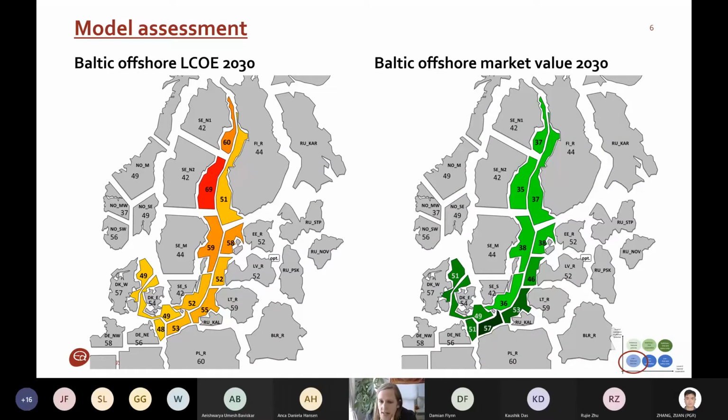And here on the right side, we have the offshore market value, again in 2030 for the same scenario. And here we see the opposite picture. I should just say that this is not the average electricity price. This is the price that offshore wind sees, so the market value for offshore wind. And here we see higher values in the south, and then quite a lot lower values here up north. The reason is that here in the north, around North Sweden and Finland, the model found alternative RE resources actually more cost efficient, namely onshore. So the market value for offshore is quite low compared to the value we found further south. Then if you subtract one from the other,